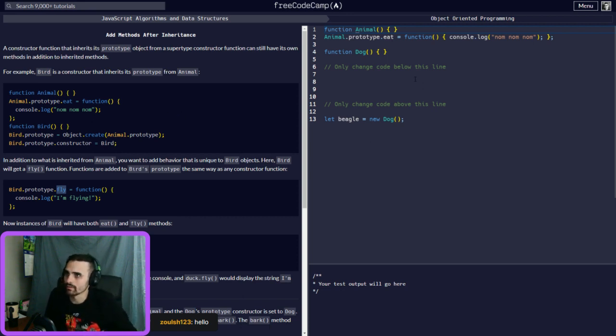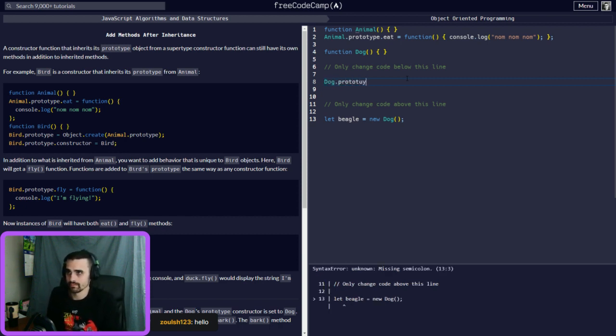So all right, so let's see how this goes. So for the dog, we want to make the dog dot prototype equal the Object dot create, and then we will add the animal dot prototype, right?